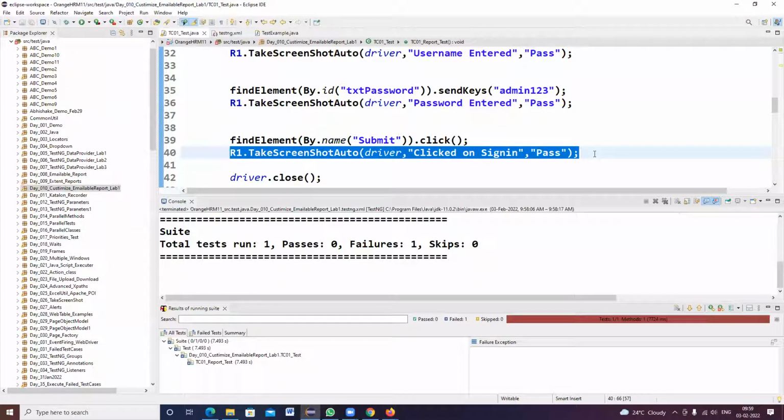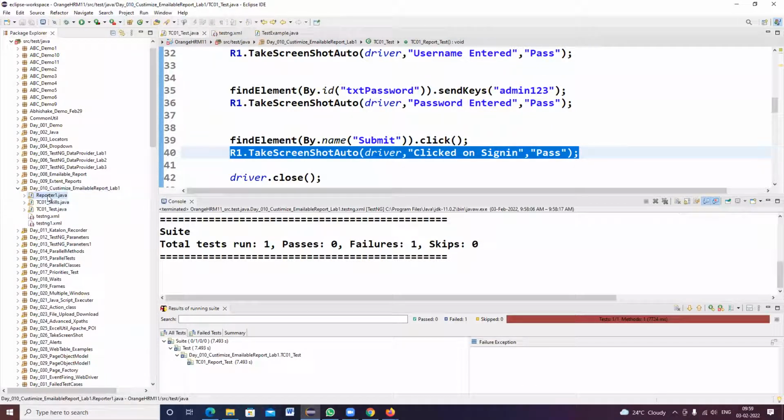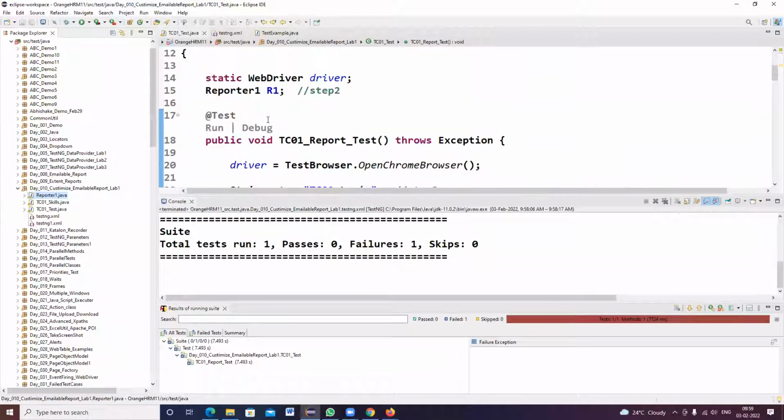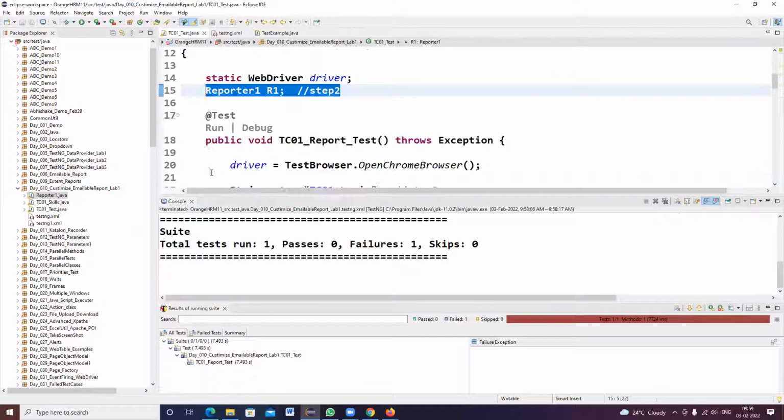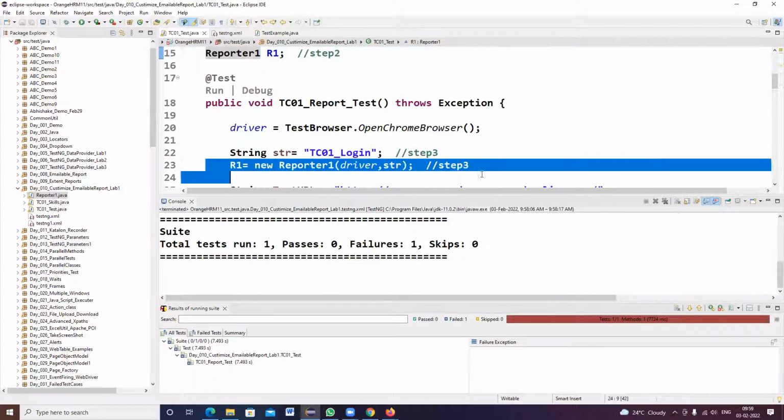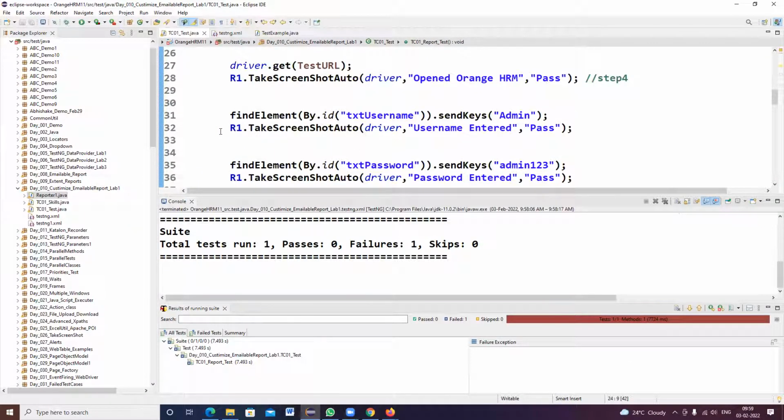I'm not telling you people will use only the Reporter class across the world. They might use a different class name. The concept to understand is how people import the reporter class, how the object is declared, how the methods are invoked, and how to write a log statement.